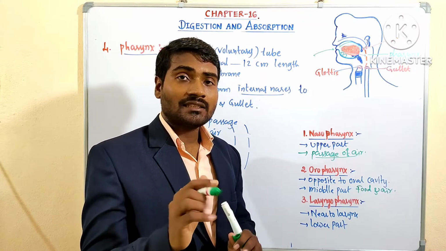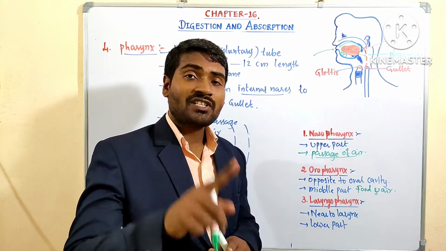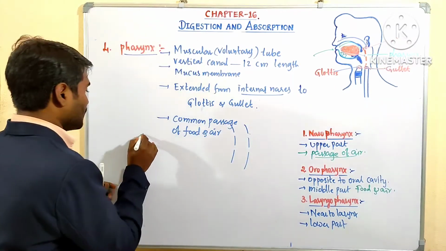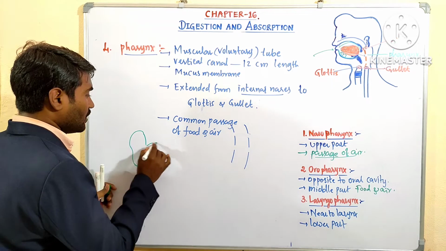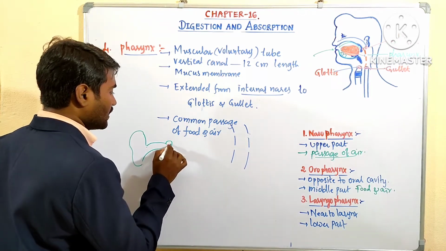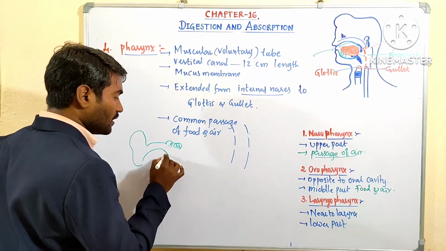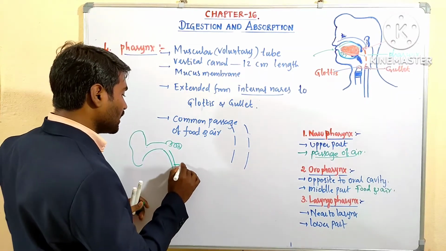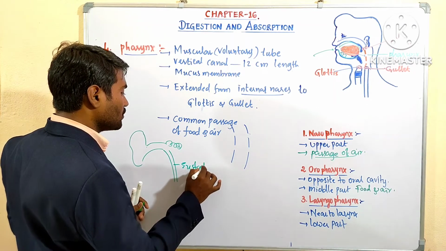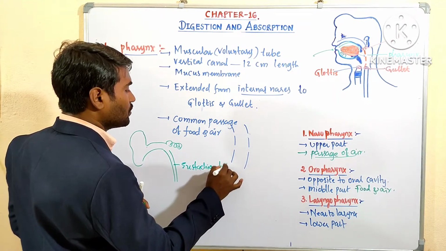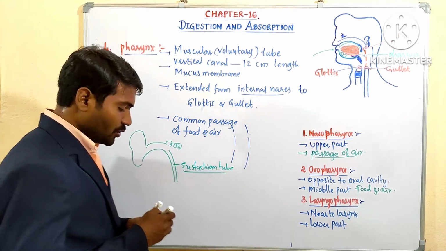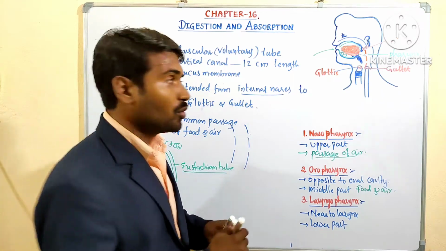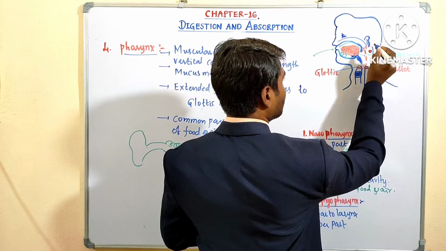Nasopharynx has two openings of a special tube which come from the middle ear. This is the middle ear, auditory canal, and here there are three chains of bones present in the ear. So there is a tube that comes from the ear. The name of the tube is called Eustachian tube. An oval shaped opening of the Eustachian tube is found in this nasopharynx, from both sides.